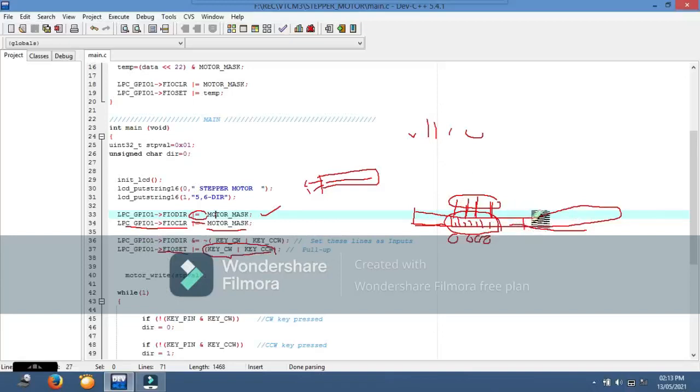In that register the 18th and 19th bits are set to 1. And usually for the input port, initially the bits you need to set to 1. For the output port, initially the bits you set to 0.